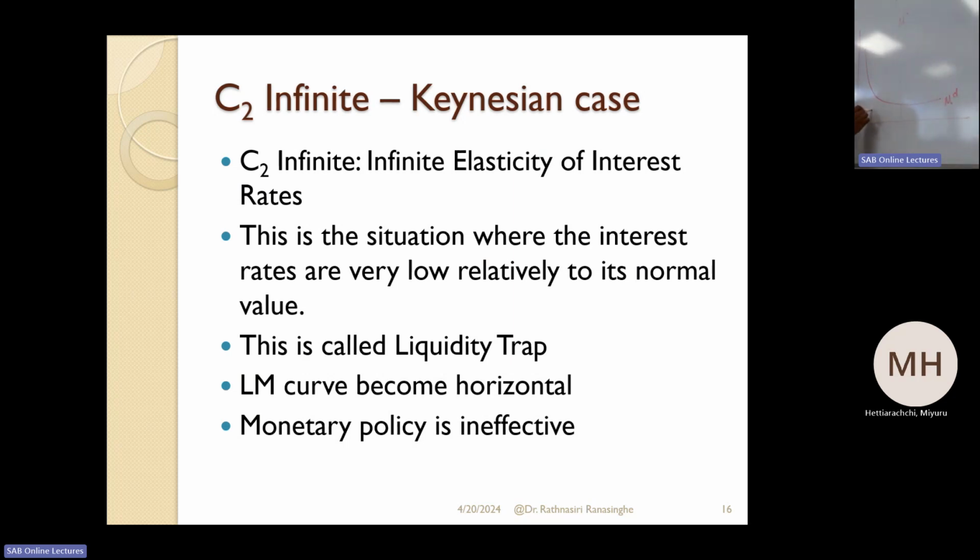The economy is running at a very low level of interest rate under these circumstances. This is the equilibrium in the money market. With a low level of interest rate, the money demand function becomes horizontal. So even though money demand increases due to rising income,